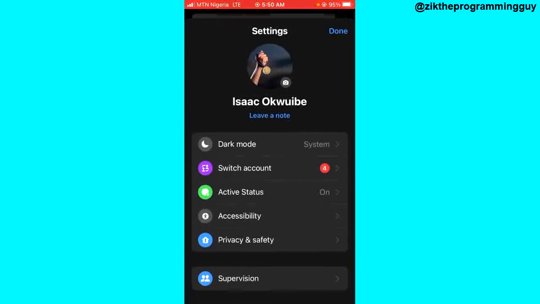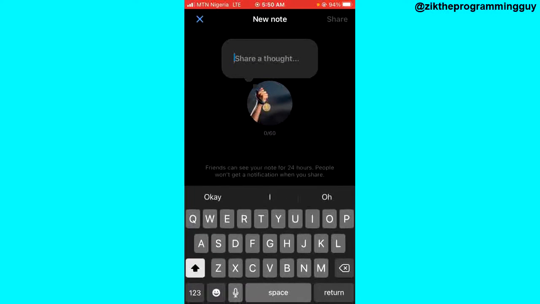Click on that. After that, you're going to see your profile icon at the top and your username, and just below your username you see this leave a note option. Click on that, and then you can now leave a note. You can write something that you want to. For example, I can say